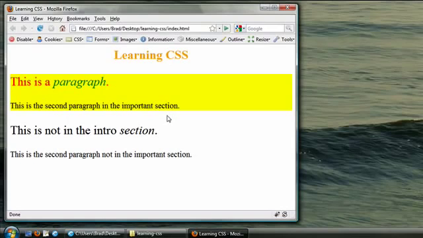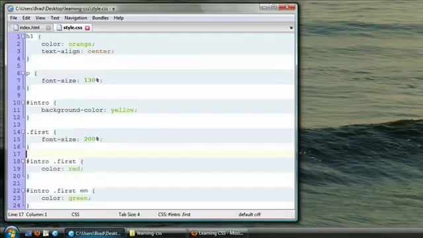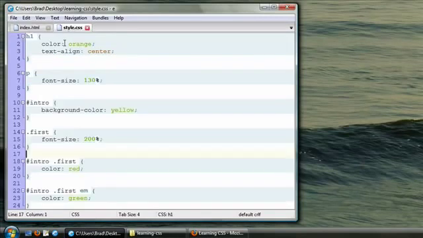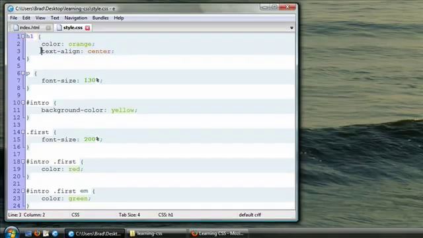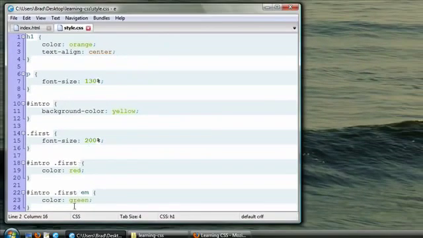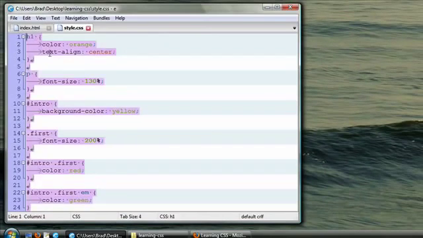And that's it for today's lesson. Let's do a quick recap. We learned how to link to an external style sheet. We learned the basic structure and syntax of CSS. A rule begins with a selector, a property, and a value. They create a declaration. You can string together as many as you want. Just add a semicolon in between. And you learned 4 of the most basic CSS selector types. So you can actually do quite